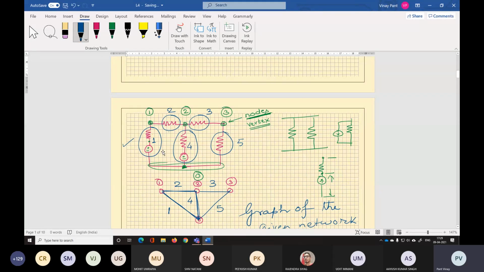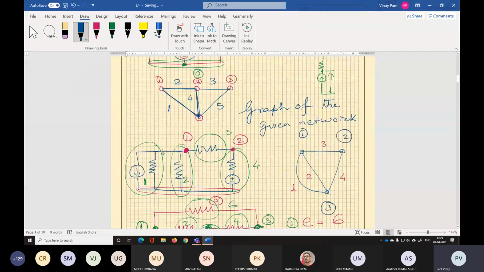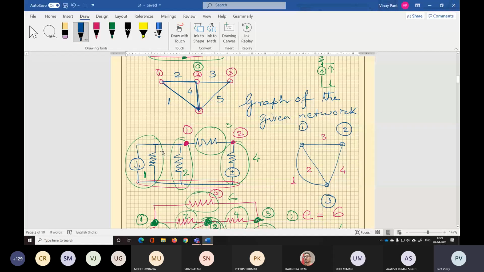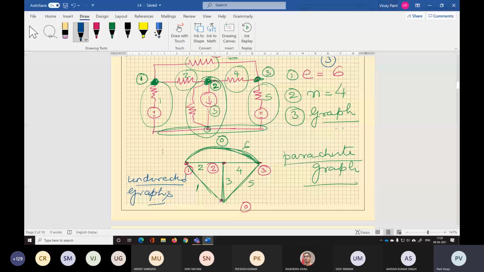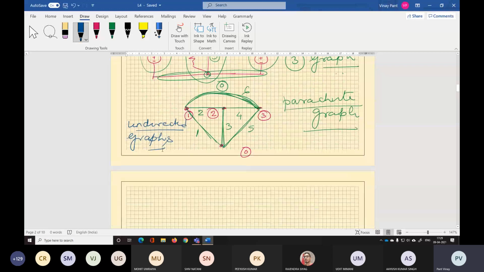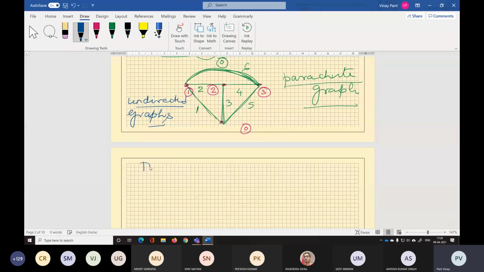We will have to assign directions to the edges. And these directions would correspond to which electrical quantity? Current. Yes. So using a selected direction of current in every element, we will assign the direction of the edges. And then the graph that we will get will be called a directed graph.